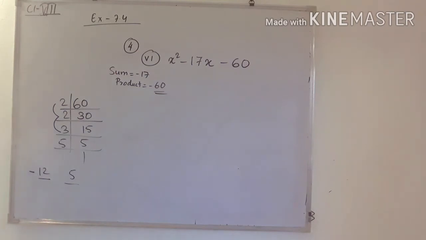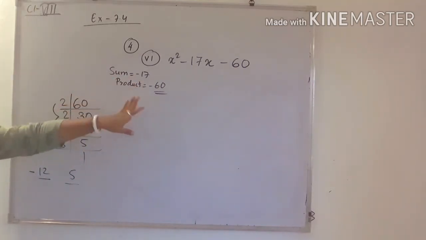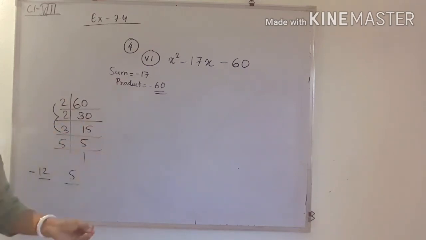So first of all we have to factorize 60. What is the difference between the last 3 questions and question number 4? See, in the last 3 questions, step by step you have to find the sum, and then the product, and then next you have to find the two numbers, and lastly you have to find the factors. So here this is the combination of all the questions which you have done in the last 3 questions. First I am finding the sum and then the product, then I have to find the two terms, then I have to factorize.